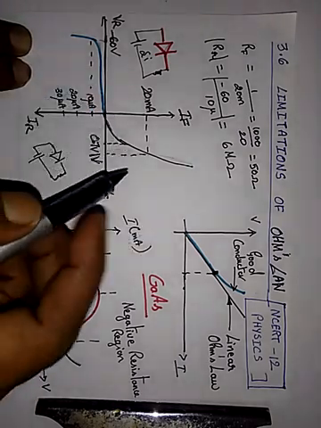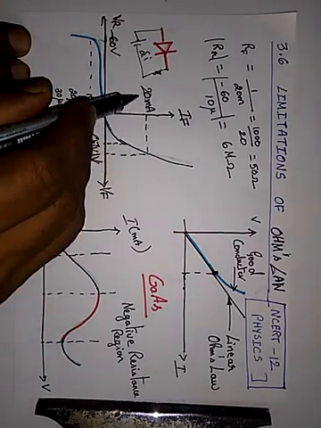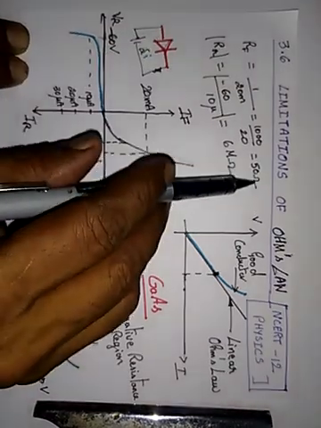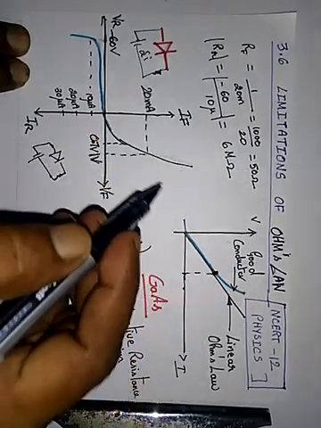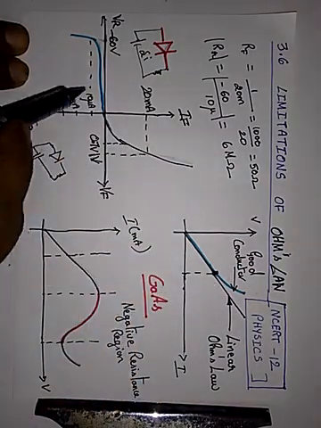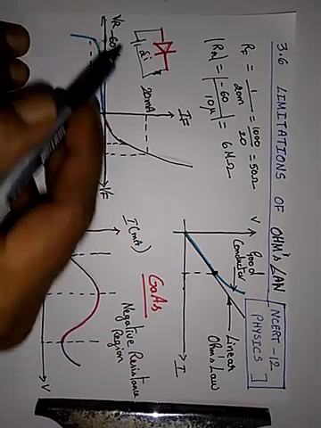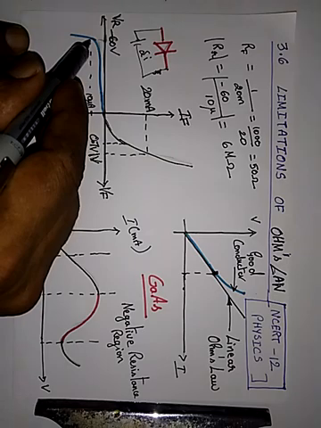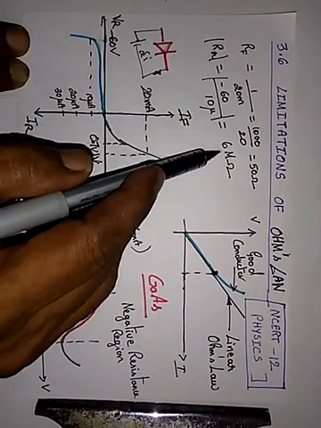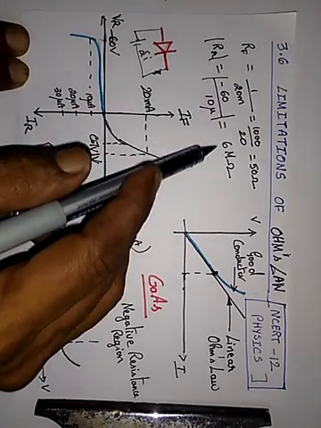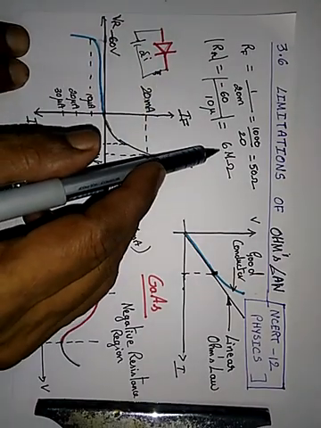Okay, so in the forward characteristics, if you take the voltage at 1 volt, you will get 20 milliamps. That means the forward resistance is 1 by 20 milliamp, which is 1000 by 20, that is 50 ohms. Here also it is non-linear. In the reverse bias, when you reverse the diode at minus 60 volts, roughly at this point you have 10 microamps. Now 60 by 10 microamps is 6 mega ohms. So in the reverse bias condition, the resistance of the diode is roughly around 6 mega ohms.